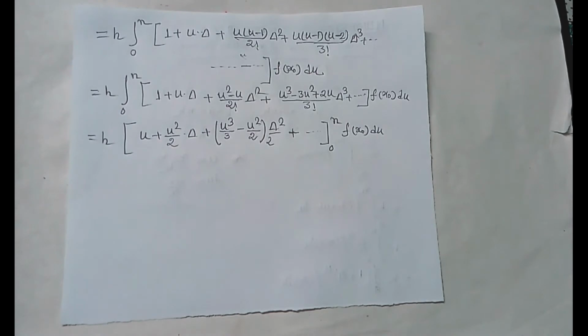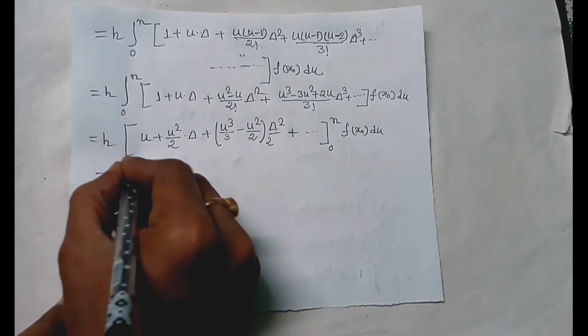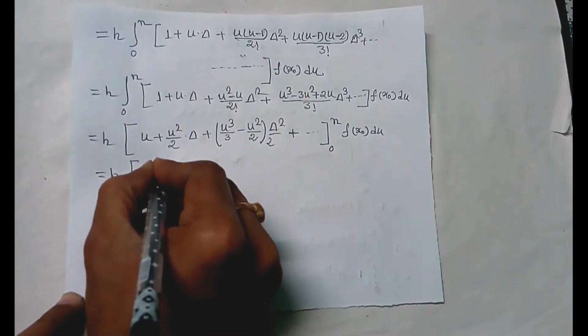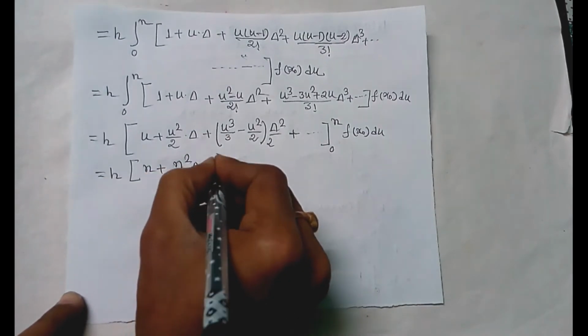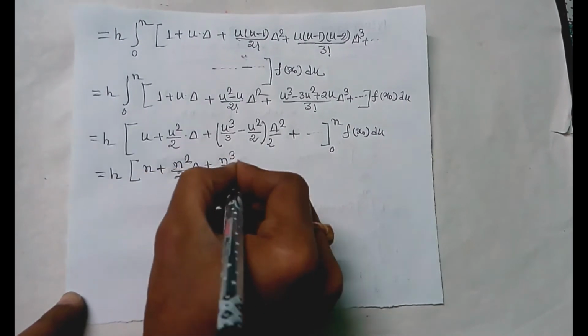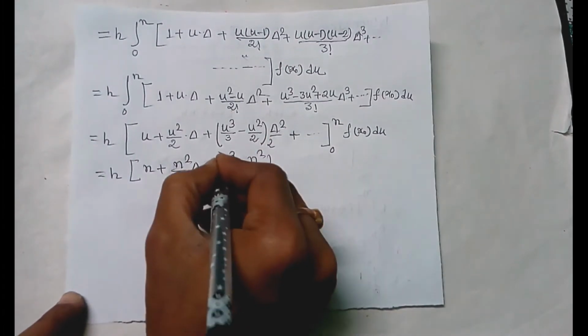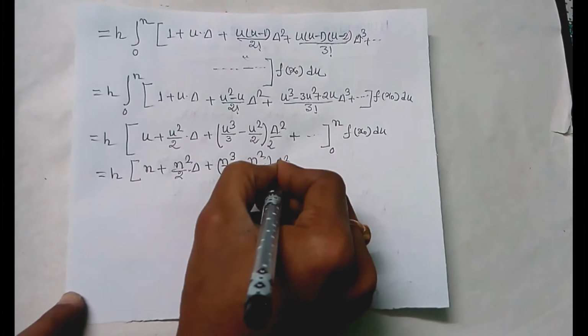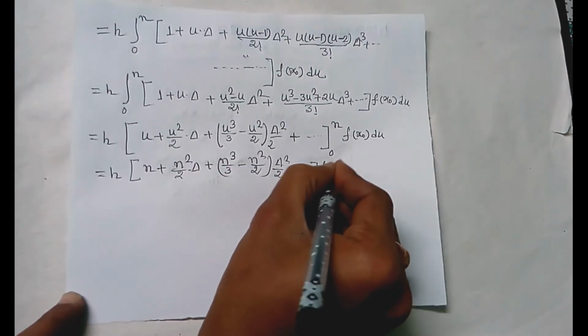So this is equal to h into, n plus n square by 2 into delta plus (n cube by 3 minus n square by 2) into delta square by 2 and the remaining terms, of f(x0),